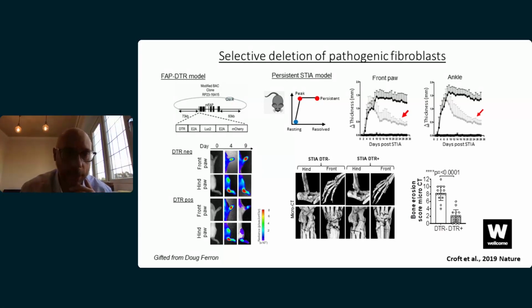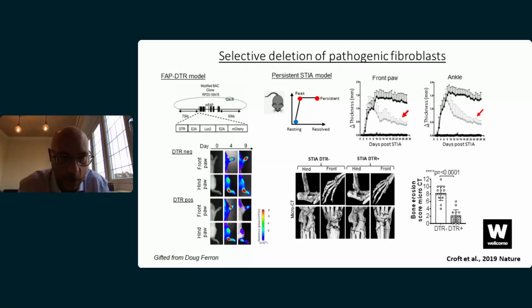And we knew from the literature that knocking out FAP alpha, so knocking the gene out in the mouse, had no effect on the dynamics of inflammation. It did have a very subtle effect on cartilage damage, but otherwise you saw no difference from the wild type controls. So what we did instead, thinking of this more as a biomarker of a cell that might be pathogenic,